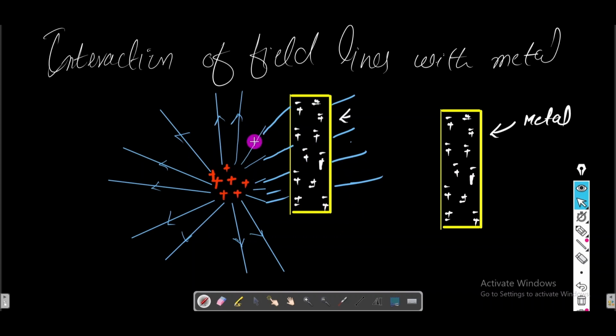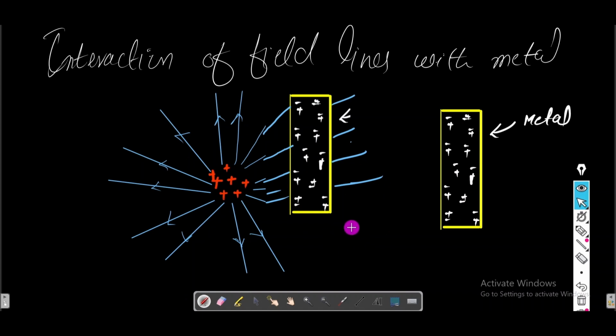So as these electric field lines are originating from the positive charges, when they interact with the metal, they will attract the negative charges of the metal towards themselves, due to which all the negative charges present in the metal will come to the left side towards this positive charge, and the positive charges will move away from this positive charge and arrange on the right side of the metal. So in this scenario,